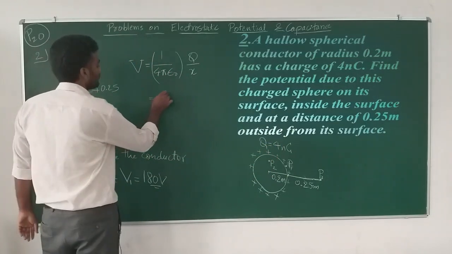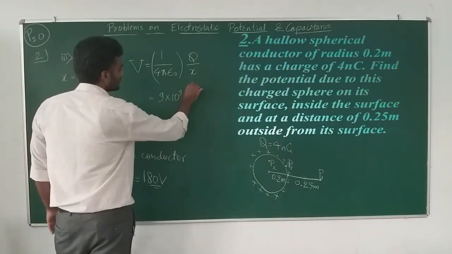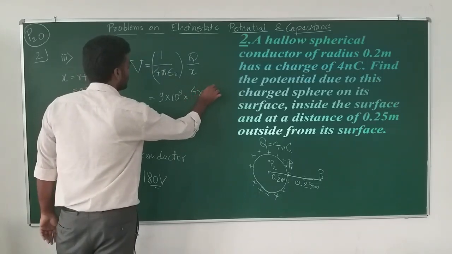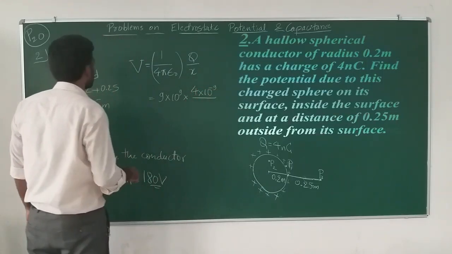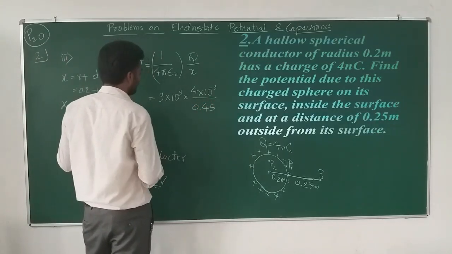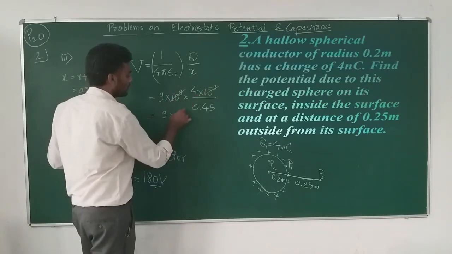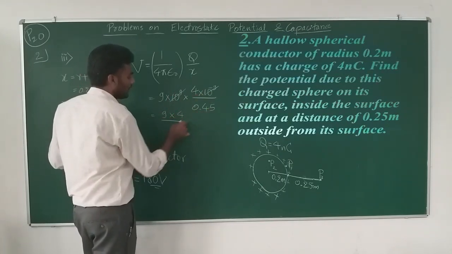So which is 9 into 10 to the power of 9, total charge accumulated the same, 4 into 10 to the power of minus 9 coulomb, x is 0.45, okay. So 9 into 10 to the power of 9 cancels, 4 divided by,